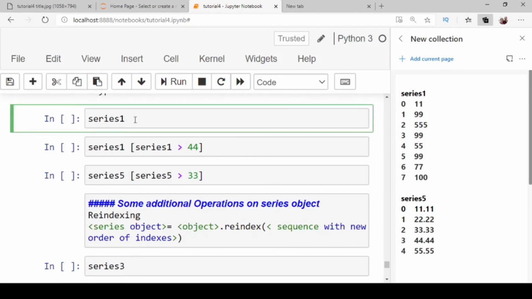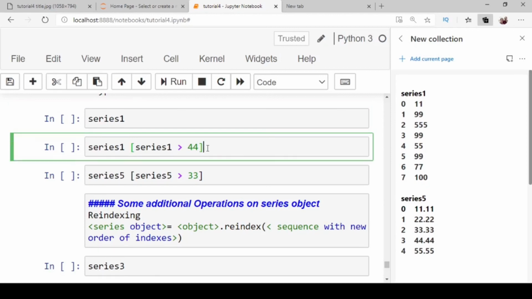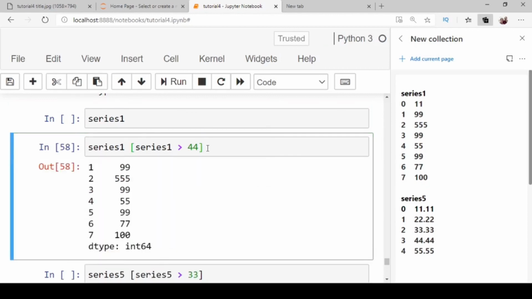Now first you see series 1. This is already displayed here. Now series 1 within a square bracket, series 1 greater than 44. Press Ctrl plus Enter. See the output.